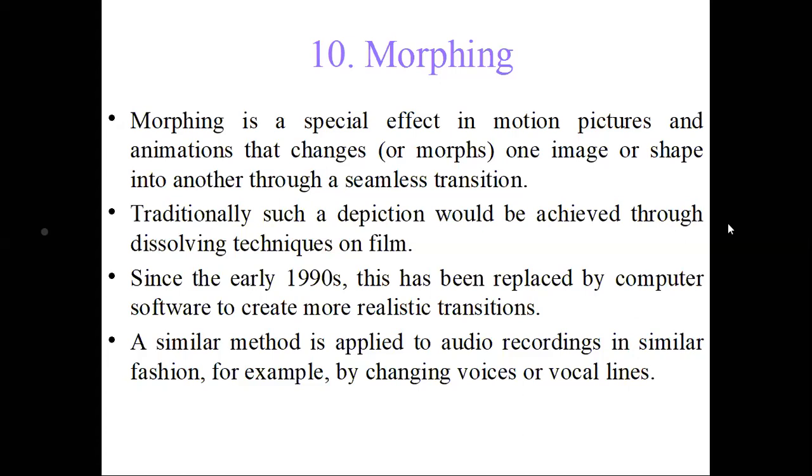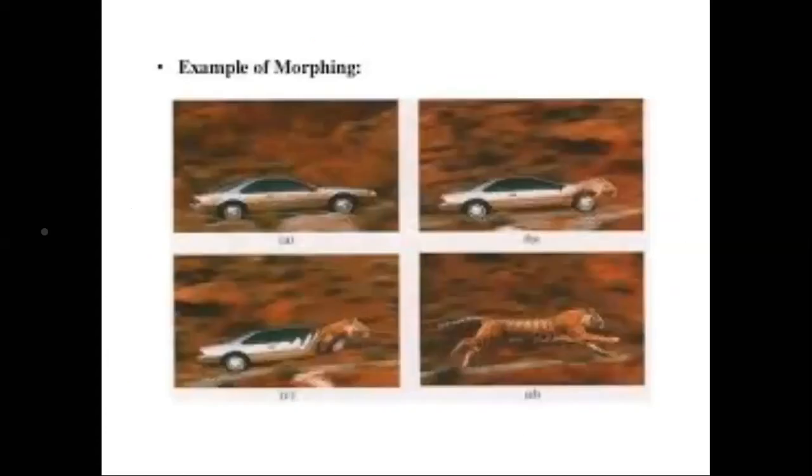The example for this morphing, I had given you, is the Jaguar car and the Jaguar animal. The car was moving and then suddenly it slightly starts changing into the animal, and finally you can see the Jaguar animal. Okay, I'll just show you this. This is the Jaguar car and this is the Jaguar animal. So the car is moving, and while it was moving, it has started taking the shape of this animal, the Jaguar. So here the face is created, then half of the car is the car and half of that car is the animal, and finally this is the car. So when it moves, it will move like a car and it will come out as the Jaguar animal. Okay, so this is the example for morphing.